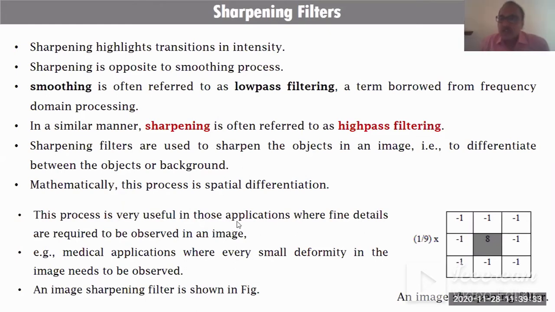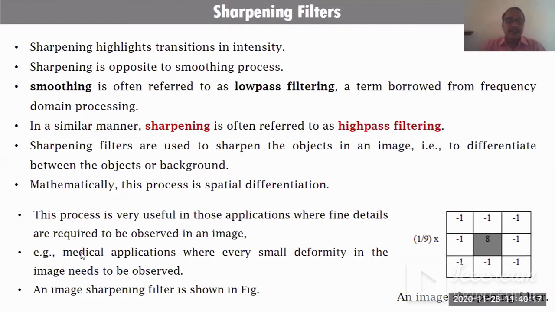Now, where can we use sharpening? For example, consider an X-ray image. In that X-ray image, we need to sharpen the image, so in that situation we can use high-pass filtering. That is, in a situation where we require the fine detail of the object, the fine detail of the image. When we study an X-ray image, it requires only that object; whatever the background is doesn't matter. The background is not important, the object is important. In such a situation, we can use the sharpening filter.